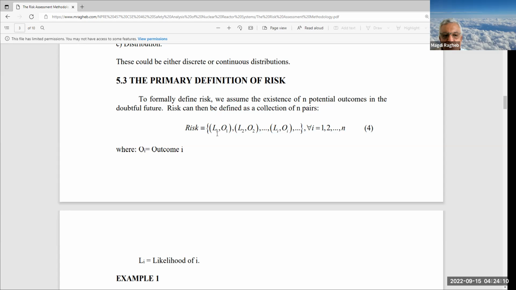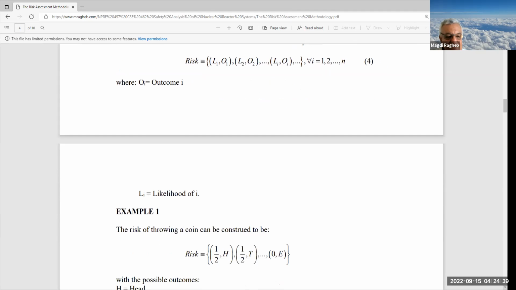That's why I'm calling it L1, L2, L sub I. So O sub I is the outcome I and the likelihood of I. This is a formal definition of risk: a set of outcomes, O sub I, associated with a likelihood, L sub I. Let's take an example from probability theory of a risk, and you'll be astonished that the example is very